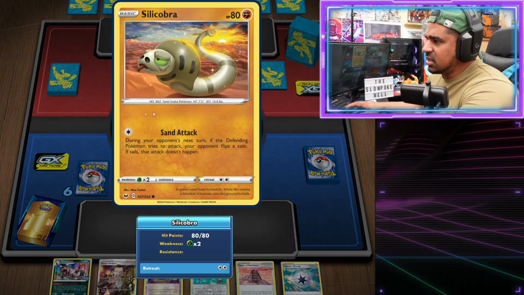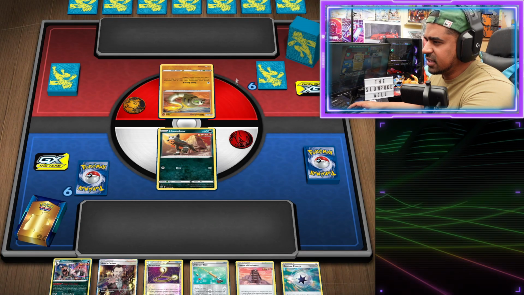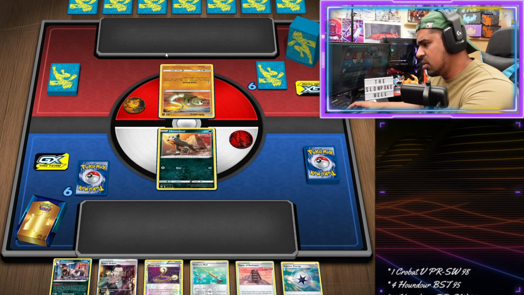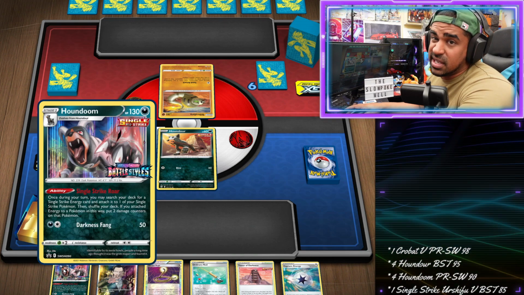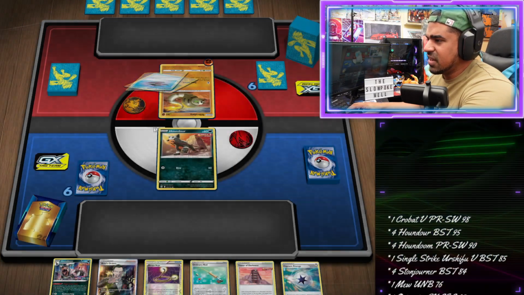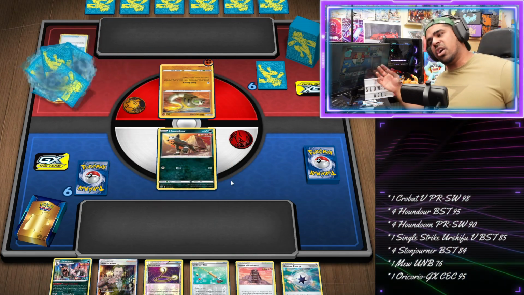Looks like we're playing against a single prize deck ourselves. This one discards energy, discards cards on top of their deck, and they do damage for each energy they discarded. So that's kind of interesting, I guess. What this evolved into has too much HP for us to attack with Darkness Fang, unfortunately. I think it's got like 130. Yeah, 130. So we are gonna have to use